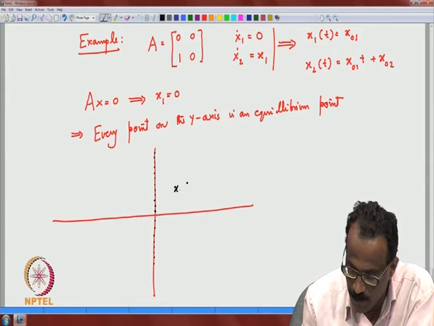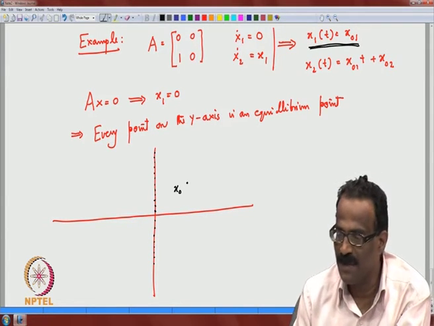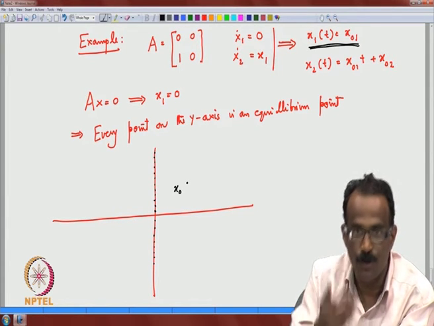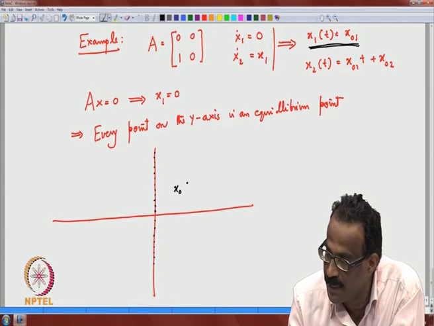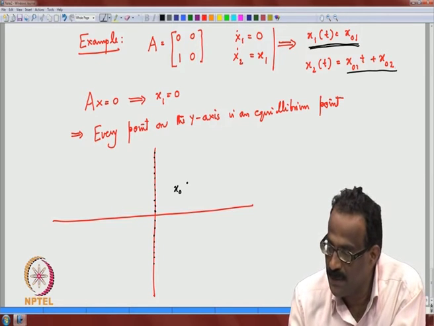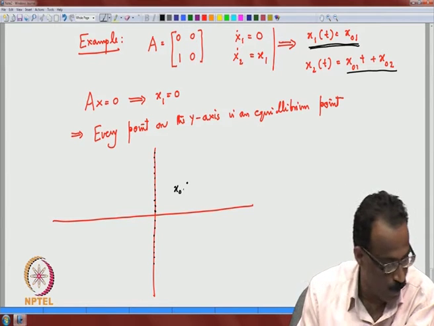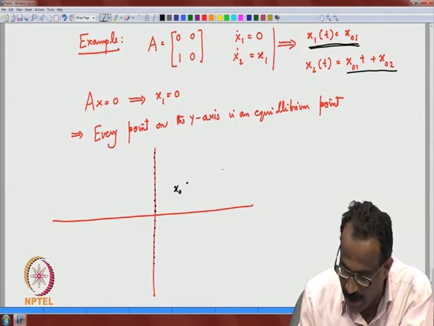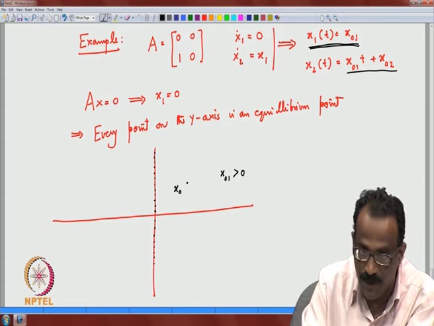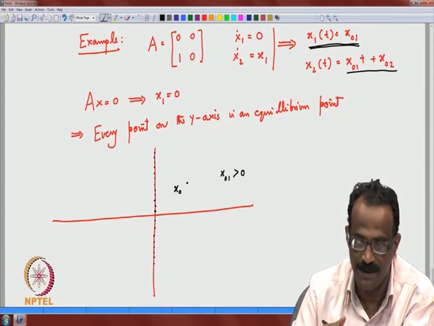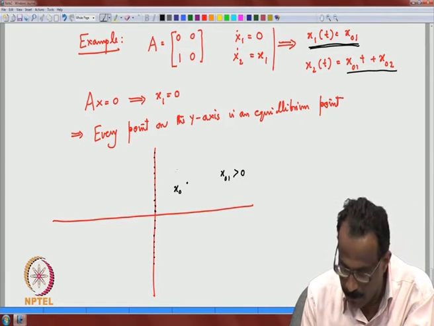Again, what does it say? This tells you that again x1(t) is x01. So it should remain on the perpendicular line still, and the second one, because of the x01 t term, depends on t tending to infinity. If you take x01 in the first quadrant, x01 is always positive, you see. So if you take the upper half plane, the first and second quadrants, your x01 is positive,